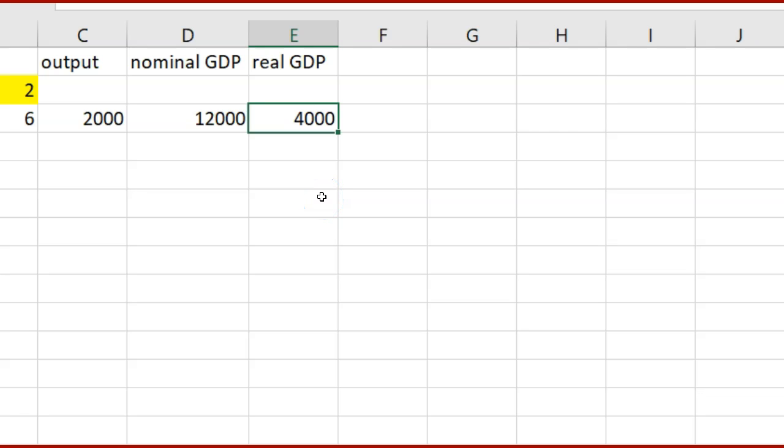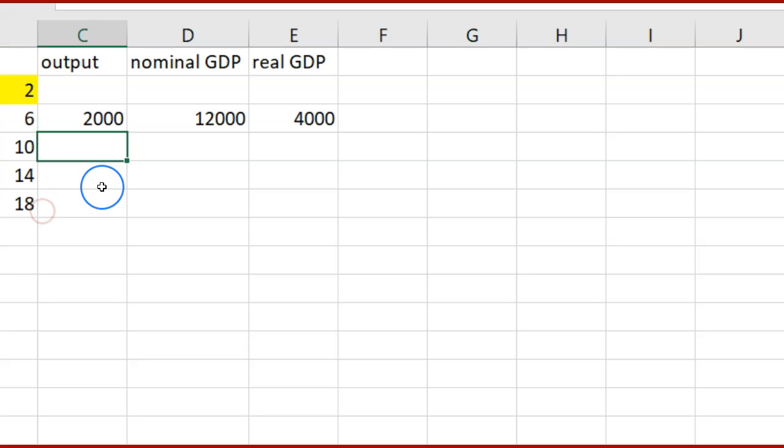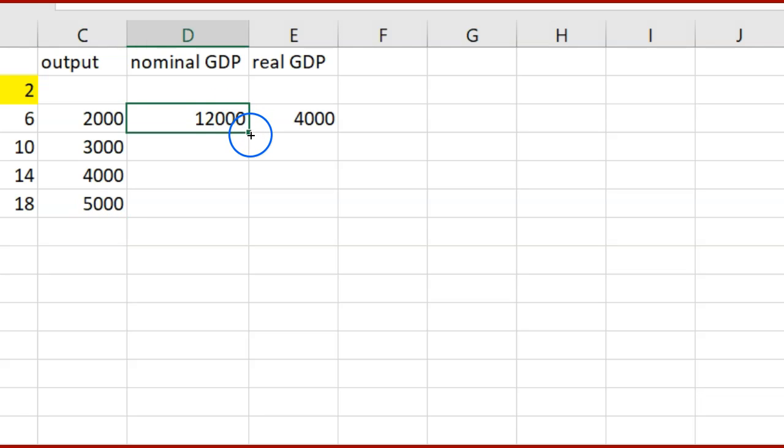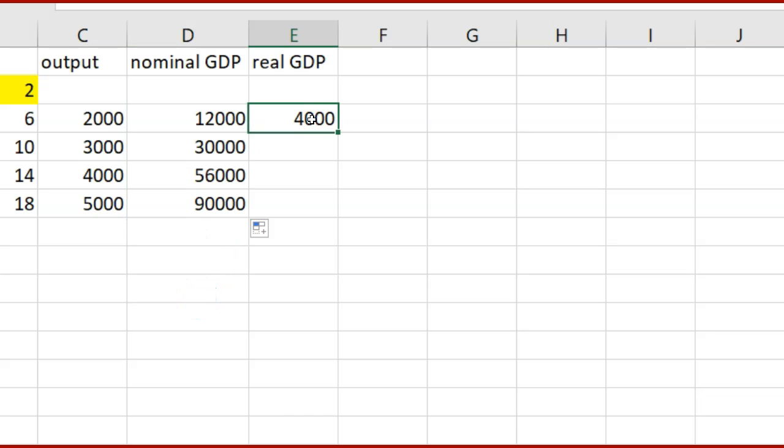In fact, let's do a little bit more. Let's muck around with this a bit. So we're increasing by 4, so we'll make this 10. Let's have the output going up by 1,000. We can calculate nominal GDP. Well, we've put in the formula the first time, so Excel can do the rest of the work for us. And similarly, Excel can do the rest of the work for us here,